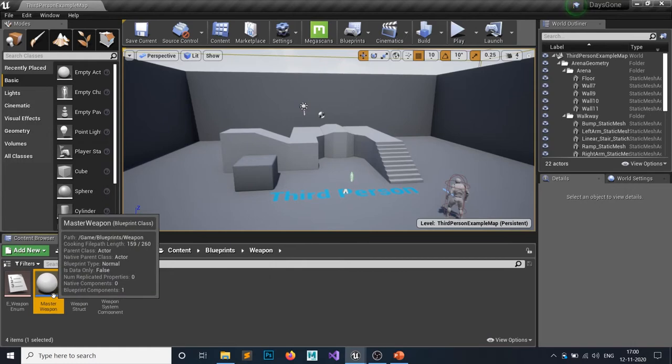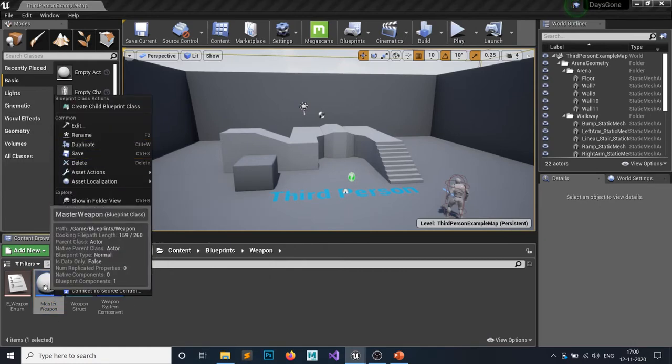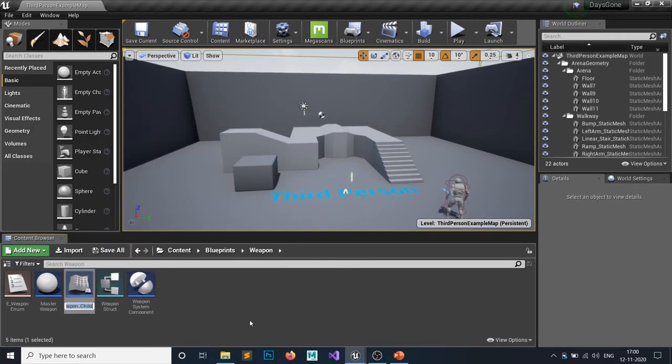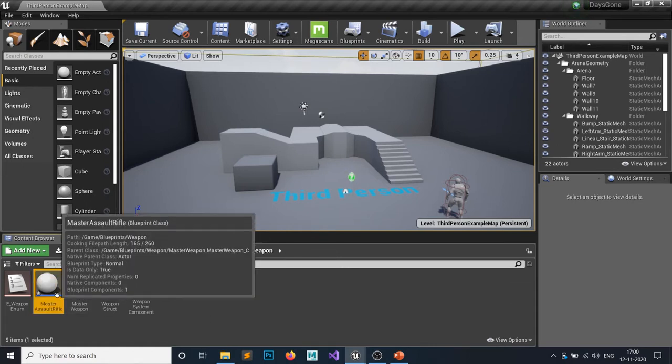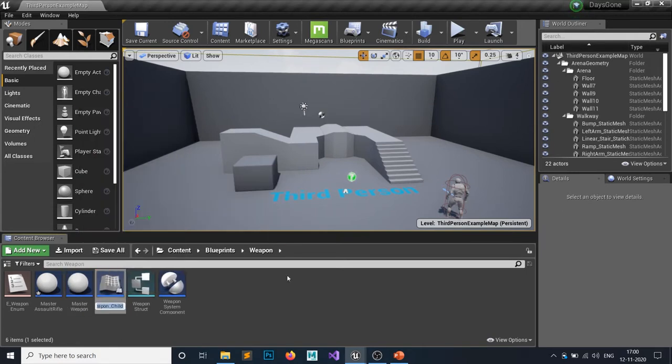Now from this I can create some child blueprints, and all the child blueprints have the same as this weapon has. The first one would be a master assault rifle. Then I have a master pistol.